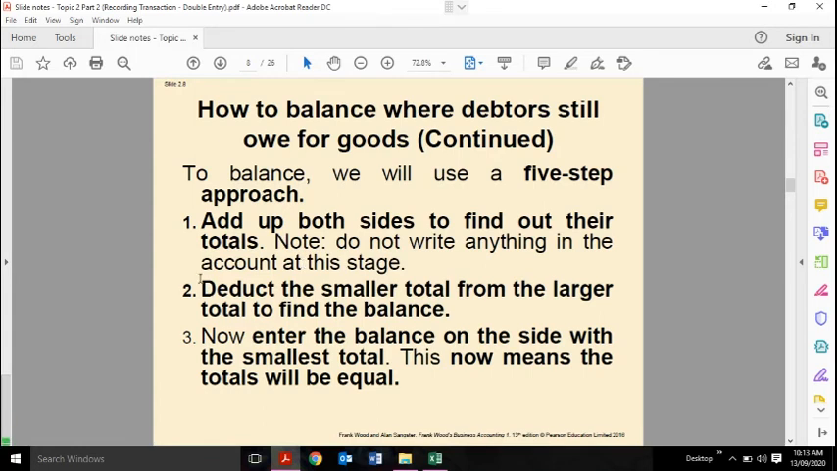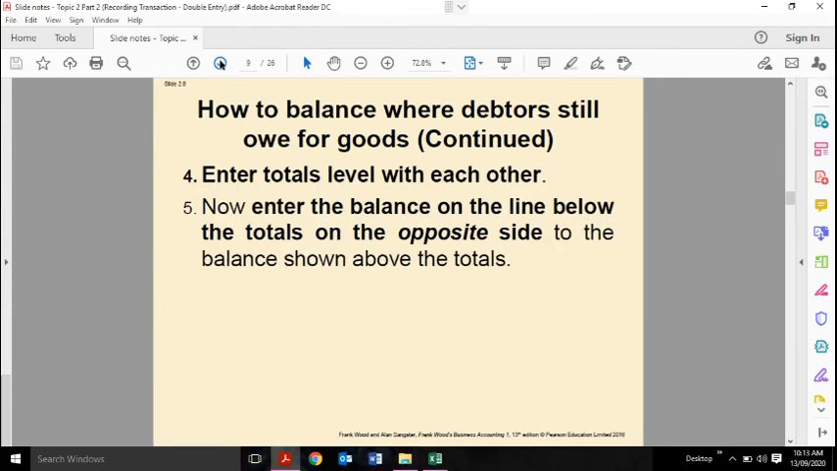Deduct the smaller total from the larger total to find the balance. After that, enter the balance on the side with the smallest total. This means the totals will now be equal. Then enter the totals level with each other, and then enter the balance on the line below the totals, on the opposite side to the balance shown above the totals. So what it meant here,